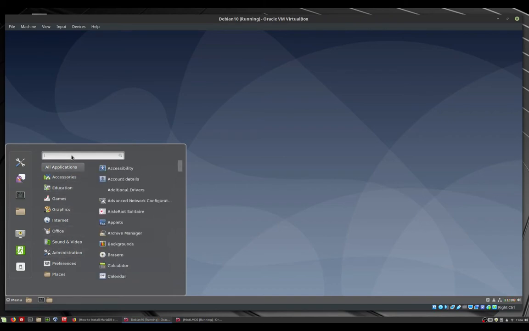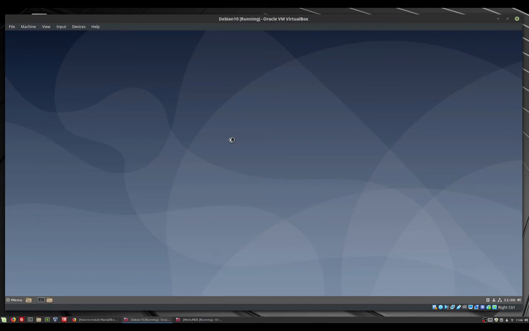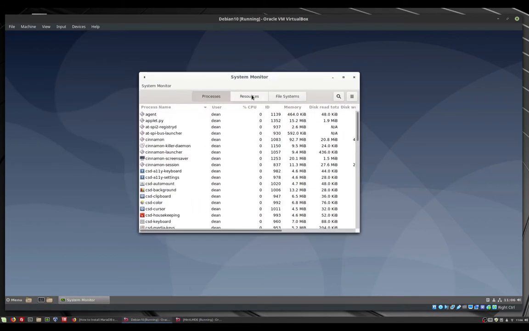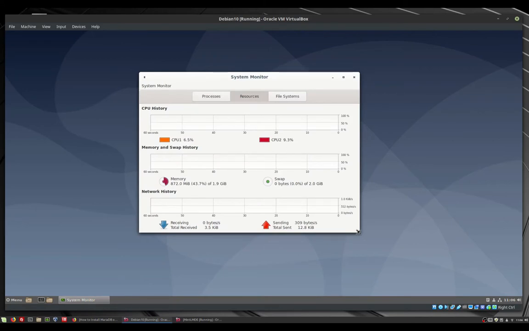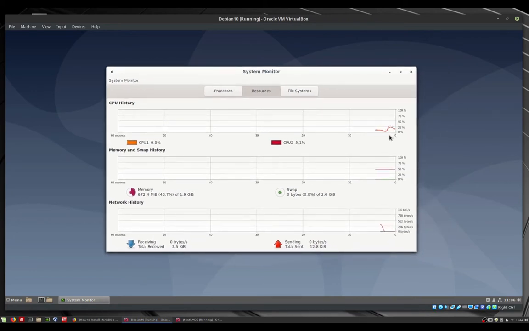Let's have a look just for fun at System Monitor. We've got System Monitor up and running. Let's look at the resources. Oops. CPU is not that busy. Nothing being downloaded. Okay, everything fine. All right, let's try out